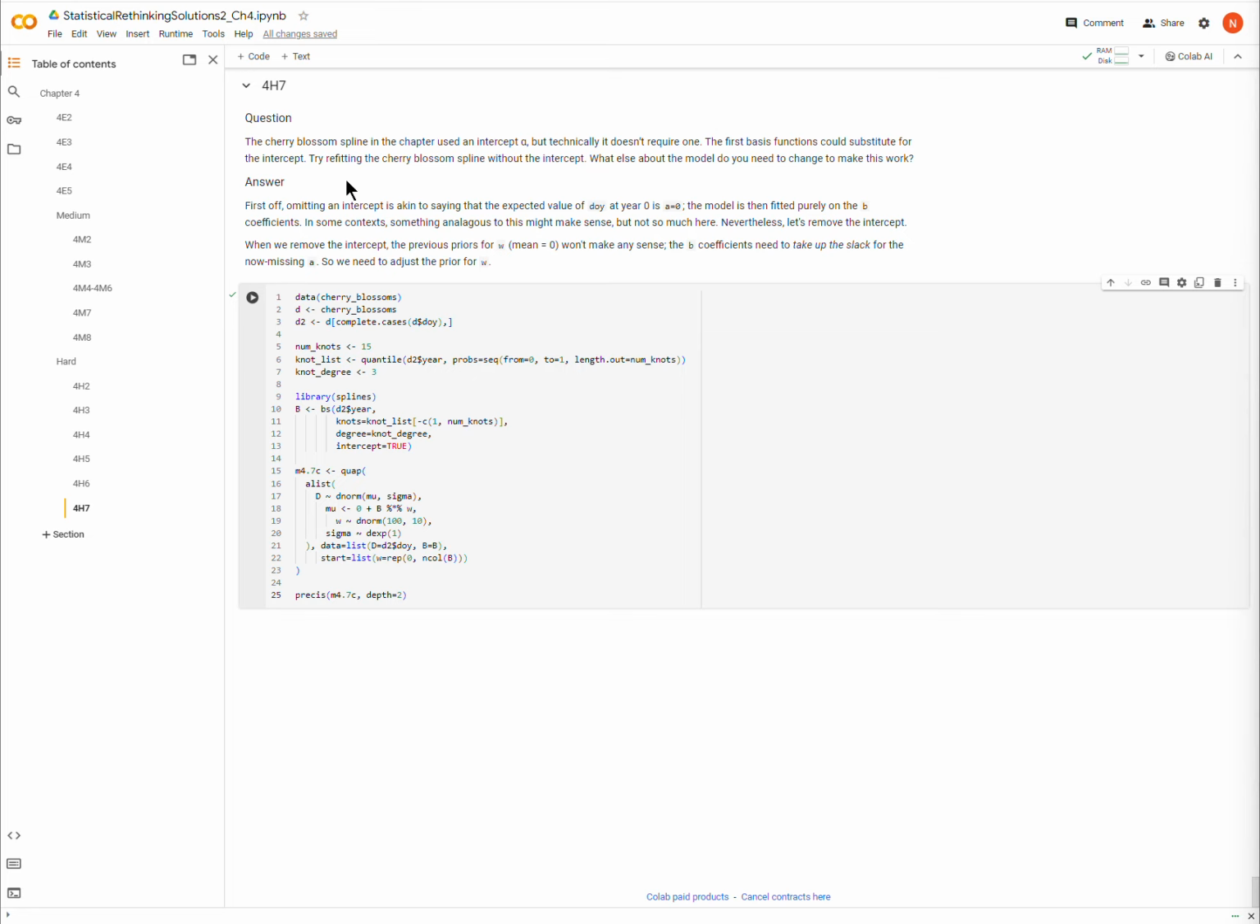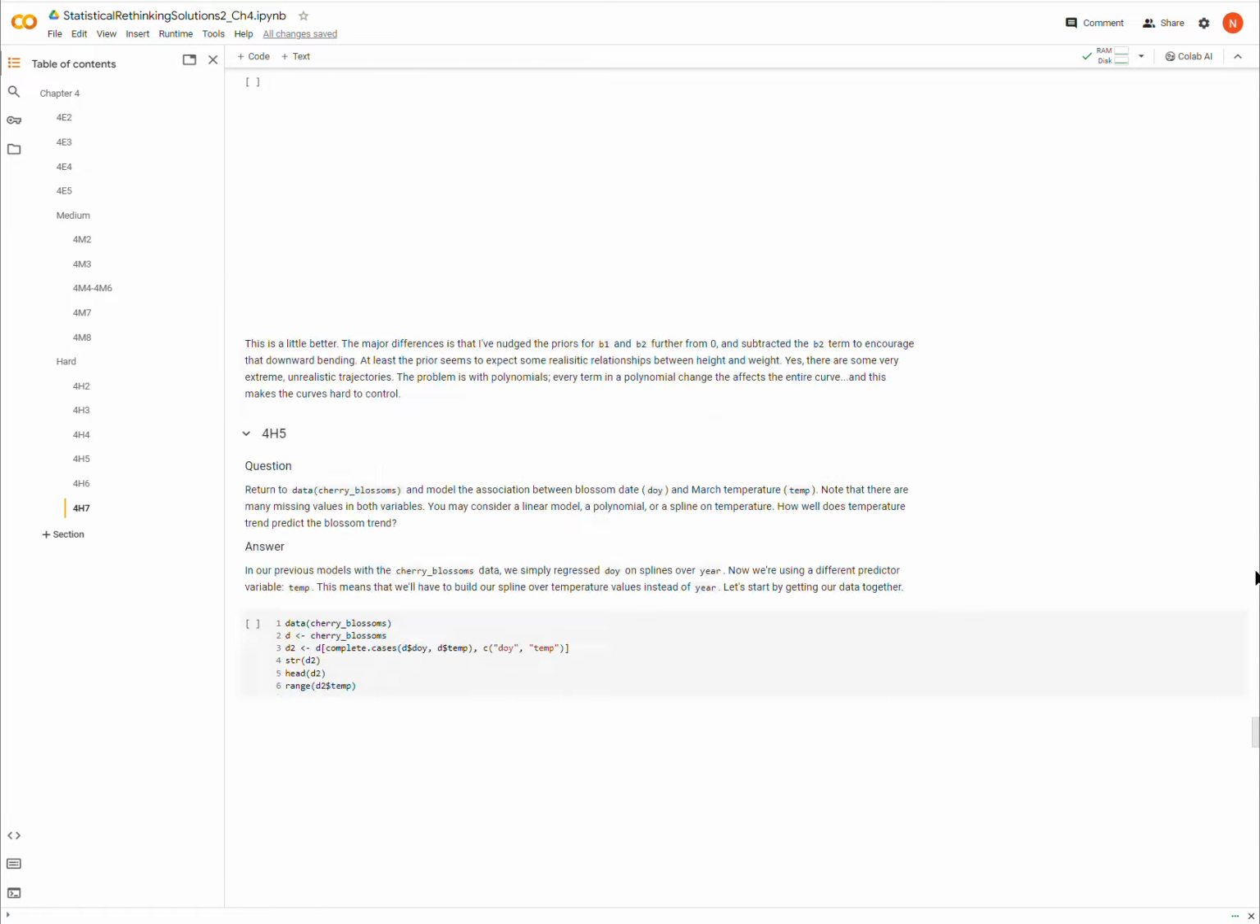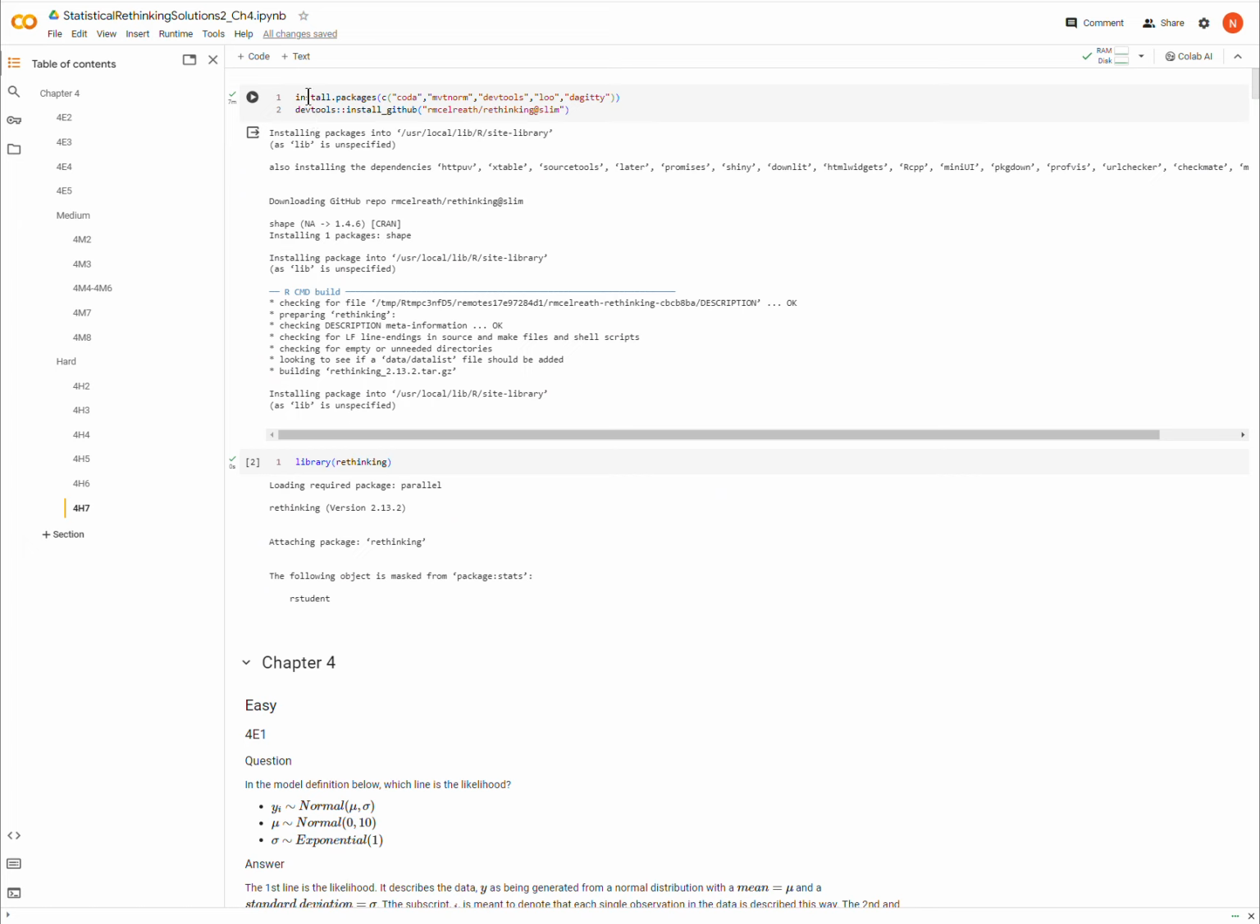Okay, so we are on the last question of chapter 4. So it's question 4H7. Before running this code, make sure that you've used these first two code blocks to install and load in the